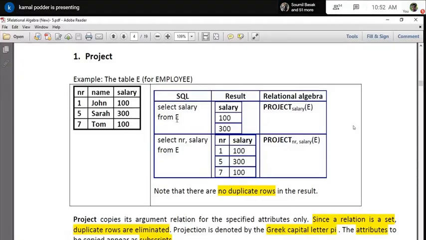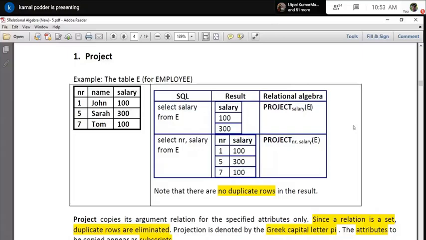If I just want to access the salary by writing a relational expression, you have to use project. That means project picks some of the columns from all the columns. In the table there are several columns, and I want to project only some of them. So here I should write the project operator or symbol. I will use the symbol also in the later part. Project, then salary: the field you want to project you give as a subscript. If it is more than one, you can write them separated by commas, and then within the brackets you give the relation.